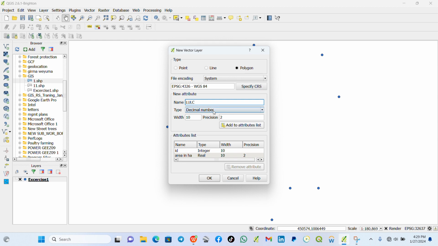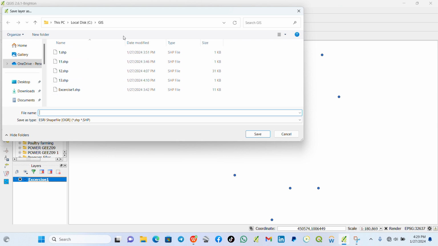This is text format, so we don't need to give decimal number or precision, but the width is necessary, so we add on the attribute table. If you have any other fields you need to add, we can add any more as we want. So we let it okay,